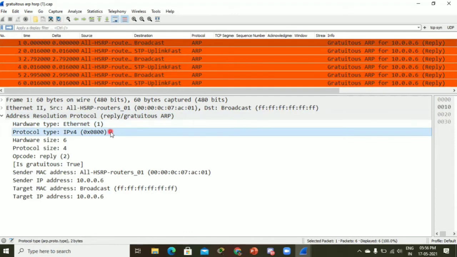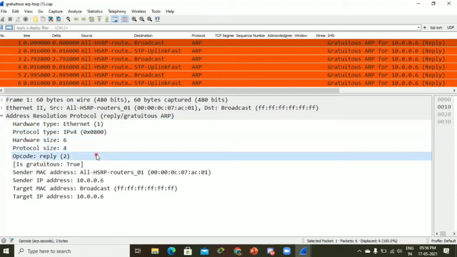changed the MAC address of the router. So what the router will do is send a GARP or an ARP reply to every device in the subnet to announce that the MAC address of the default gateway has changed. So what I'm doing here is announcing, no, it's not me, it's the default gateway. It's announcing its MAC address to the peers, the directly connected devices.